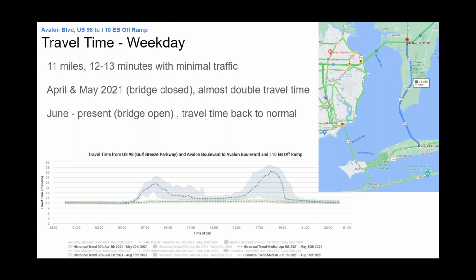One of the really cool things that Escambia Beach did was present the current travel time and current conditions on their public portal in a way that the public can see it, react to it, and normalize it for themselves and plan around some of these detours. That's a great amount of communication from the city to the public about how to manage these situations while the city is really trying to fix the bridge and get everything back to normal. So it helps you manage the demand quite a bit.